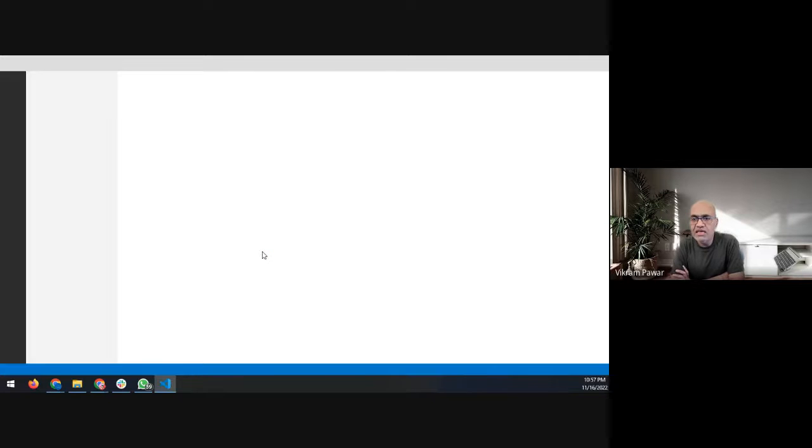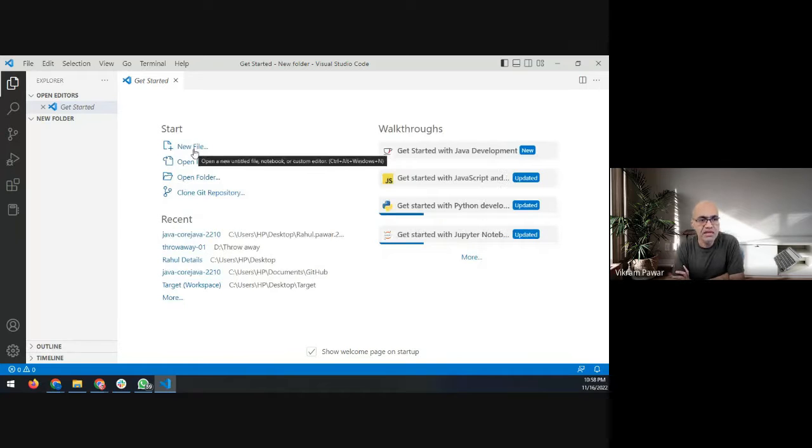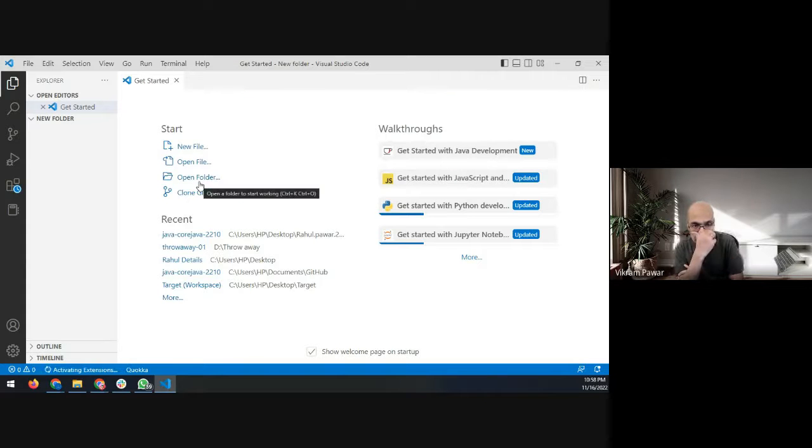And if any of you have not yet run a Hello World in VS Code, you also can try this along with him. Okay, now save file. Let us start with a new file itself. I've never done that, but let's see. Say new file, just text file. New Java class. Yeah, that's enough.